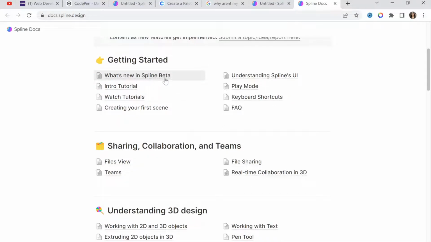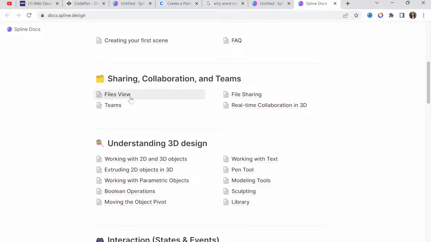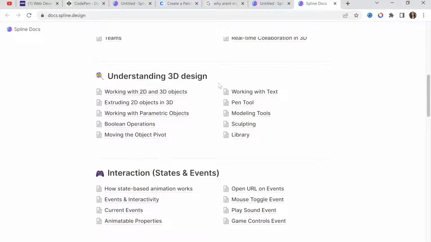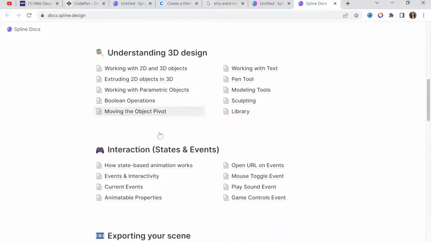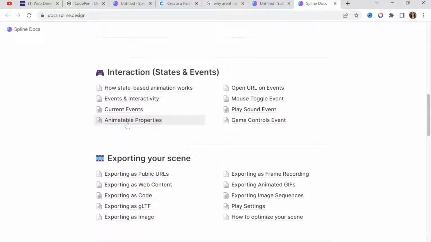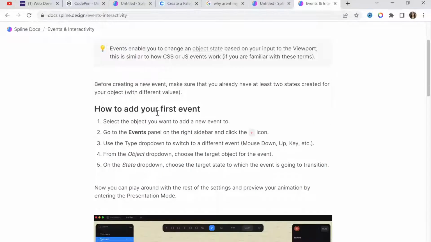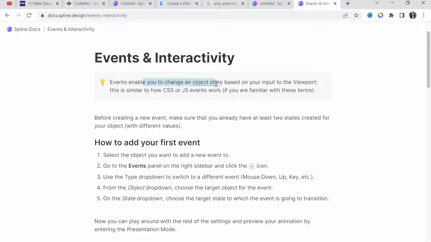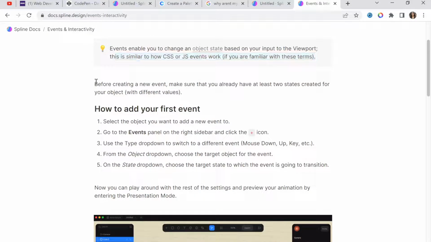Okay, what's new in Spline beta? Play mode, keyboard shortcuts. Okay. Interaction, animatable properties, events, and interactivity. Events enable you to change an object's state based on your input to the viewport. This is similar to how CSS or JS events work. Sure. Before creating a new event, make sure that you already have at least 2 states created for your object